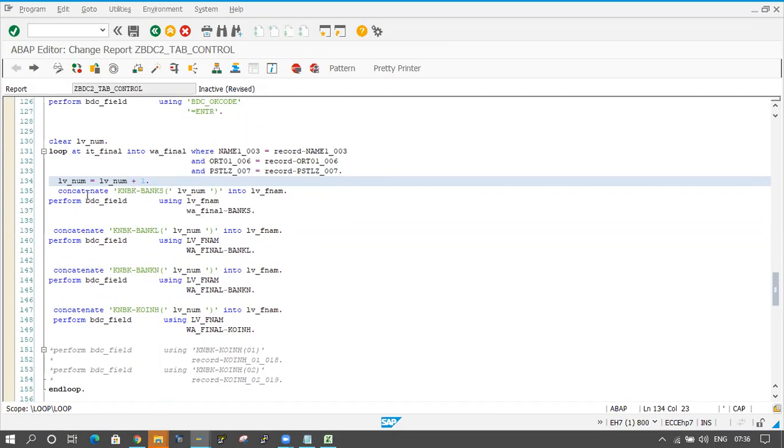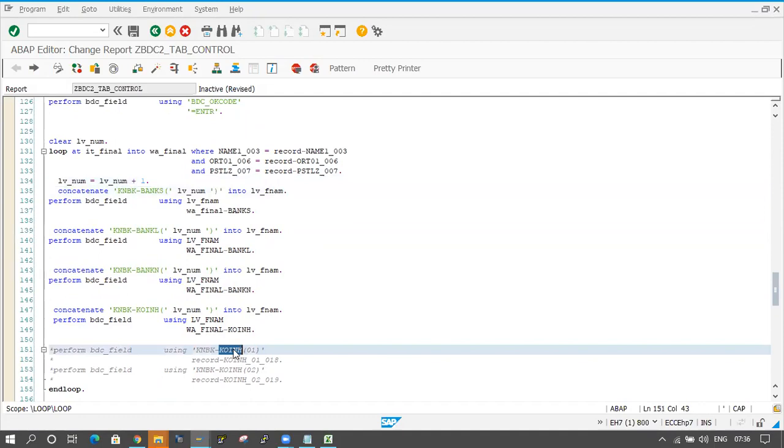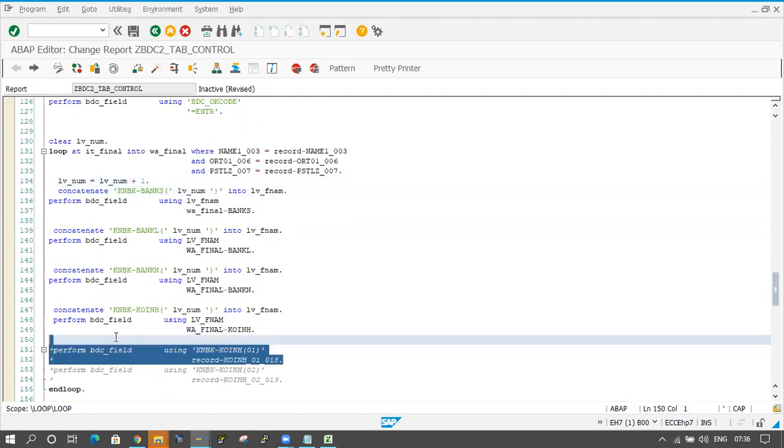Now what I am doing here is concatenating. Actually the value will come like this: perform bdc_field using knbk-banks. This is a different field, just assume this is the banks. Otherwise I'll copy this one.